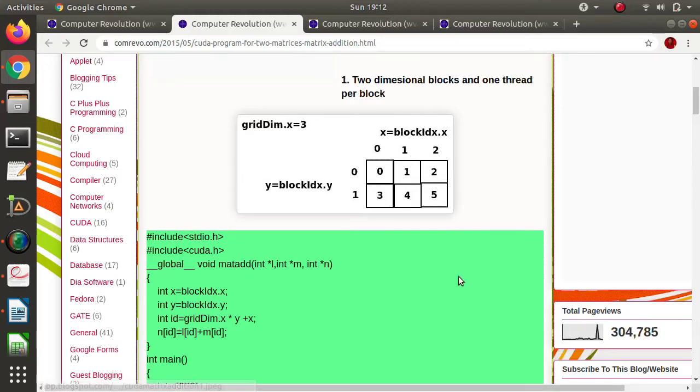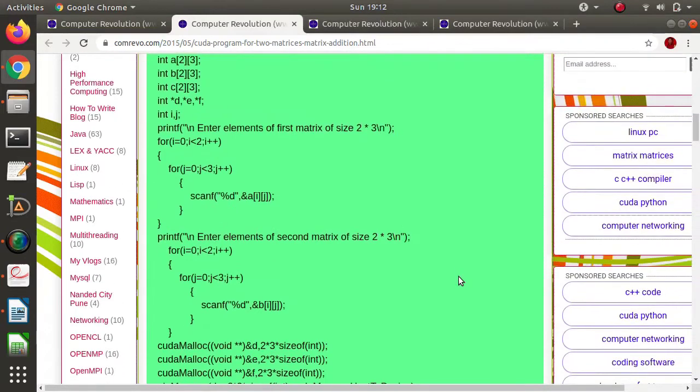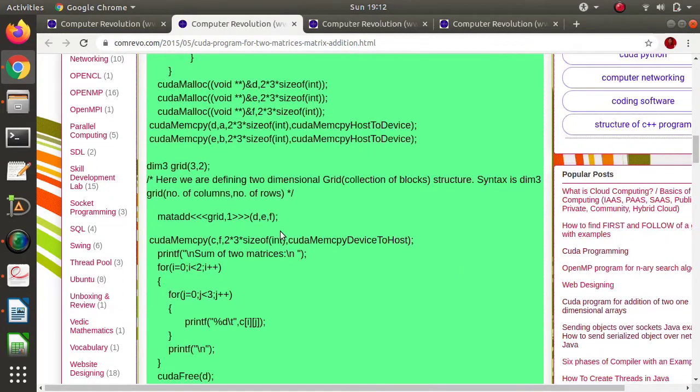Look at this. Here, in triple angular bracket, we are calling that kernel, and in triple angular bracket we have mentioned two things. Second is number of threads per block, while we have used two dimensional block structure.